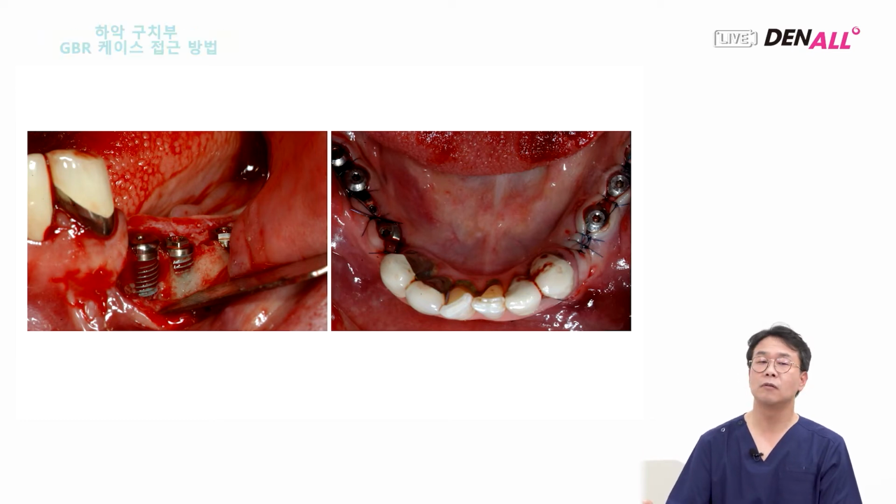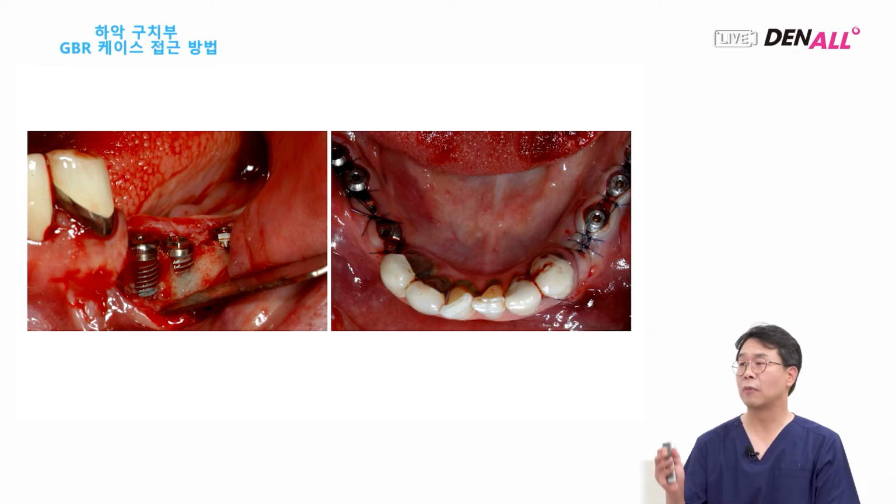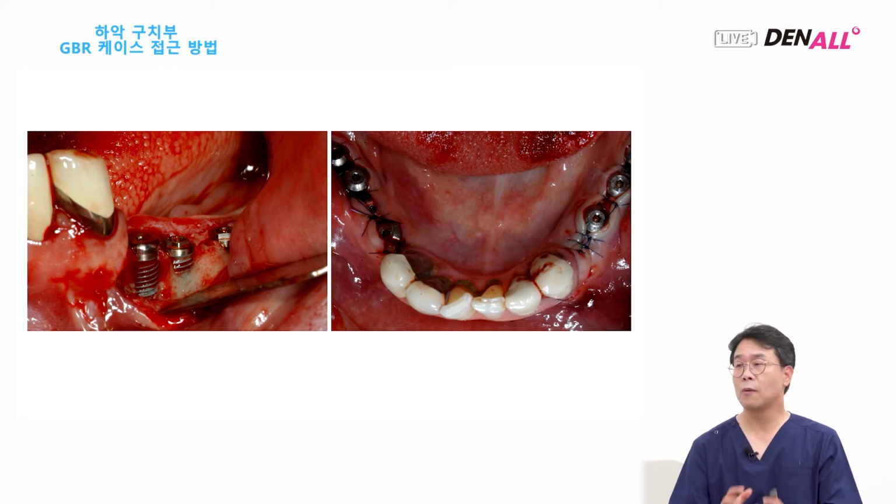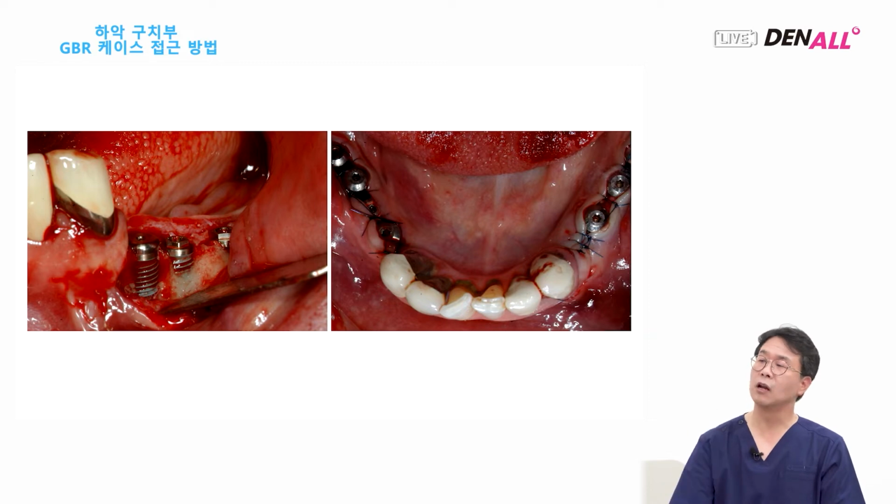We want to change the defect to do simultaneous placement. In that case, I definitely use autogenous bone, and autogenous bone can cover the site first, and over it,